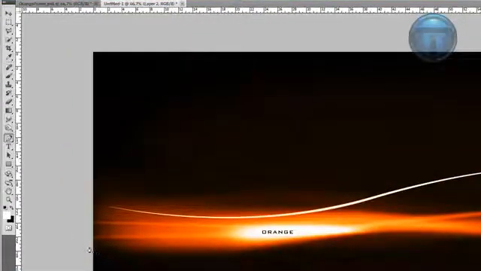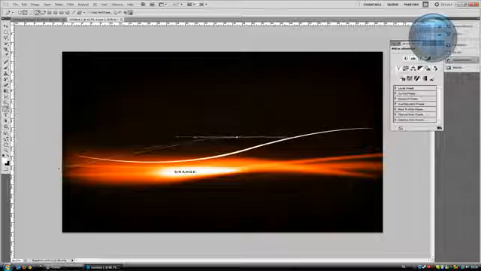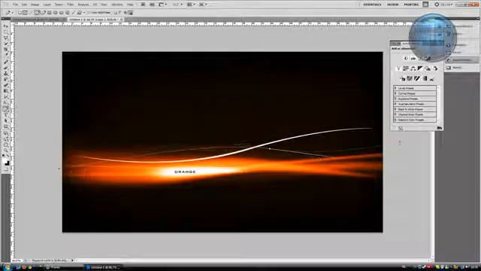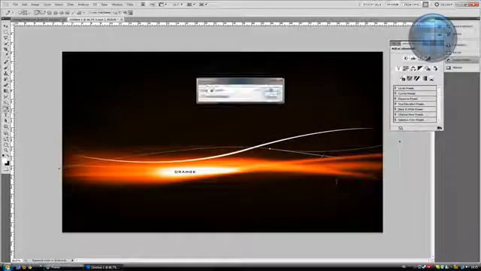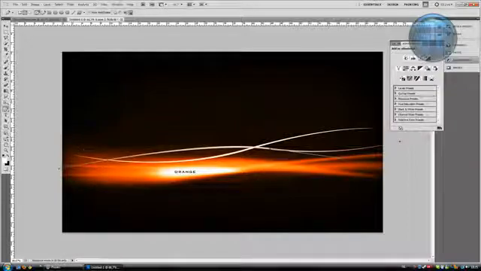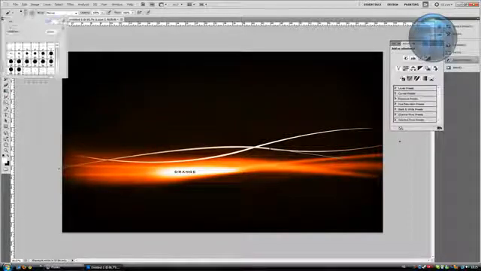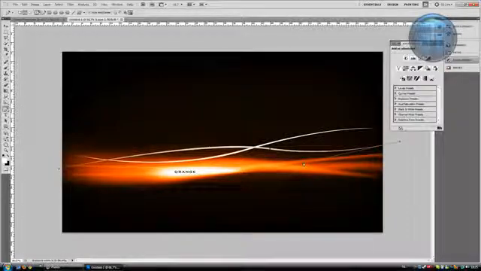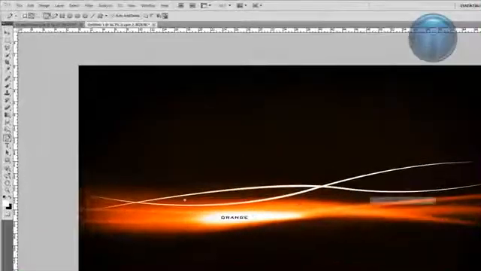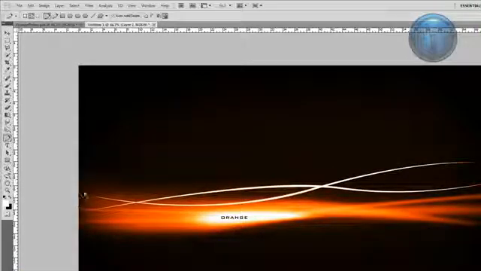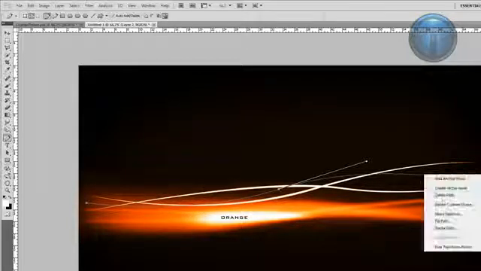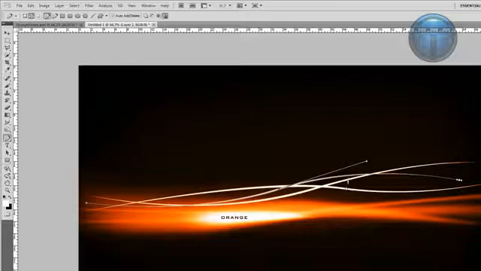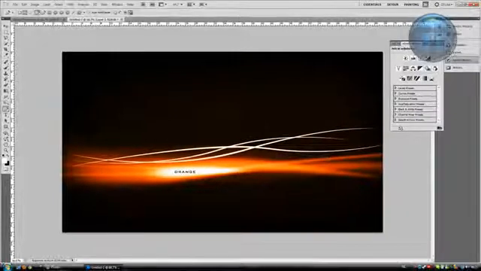create a new path, stroke it again, and okay, and again do the same thing, but maybe make it smaller again to have some variety in it. And then right now you can delete the path first, you can do something like that, stroke the path again, okay, and delete the path. So now we have something like that, and then we're going back to the layers